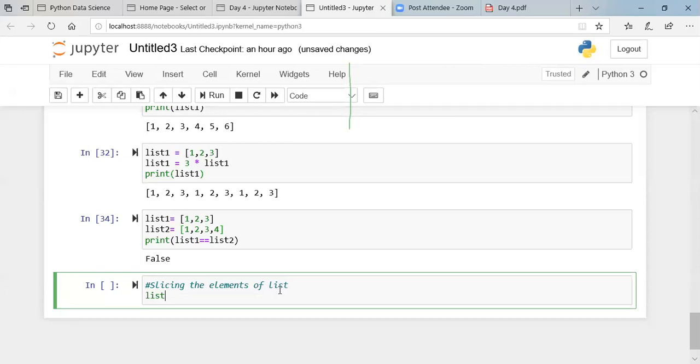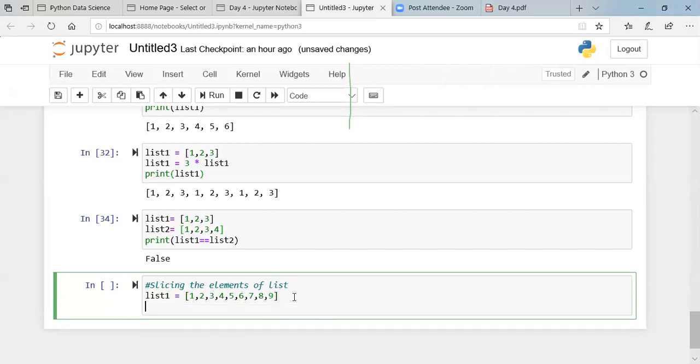If I say your list one consists of these elements, I have 9 elements in this list. The index of element 1 is 0, the index of element 2 is 1, and so on. So the index of the last element would be 8 over here. But I don't want to display this entire list. I'm interested only in some subset of this. So I'll say list